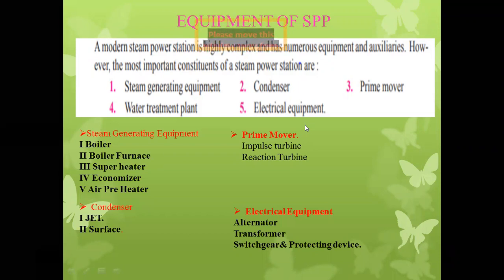Yes, sir. Okay, the class should be a two-way communication. So I'm asking you what is meant by impulse turbine and reaction turbine, or what is the constructional difference between the impulse turbine and reaction turbine? Yes, tell me anyone. Tell me impulse turbine means what and reaction turbine means what, or tell me the constructional features of impulse turbine and reaction turbine which we have seen in the hydroelectric power plant.